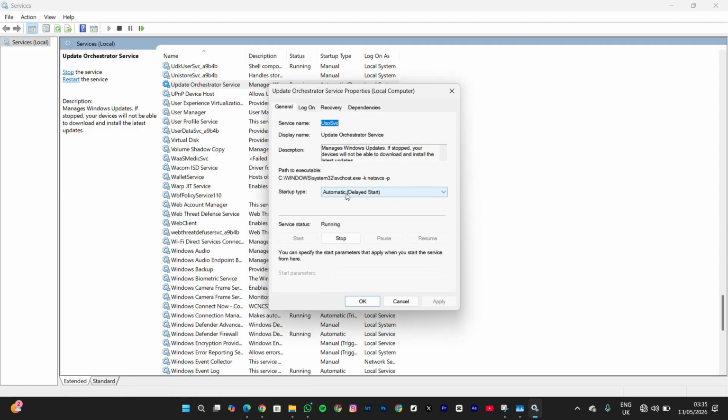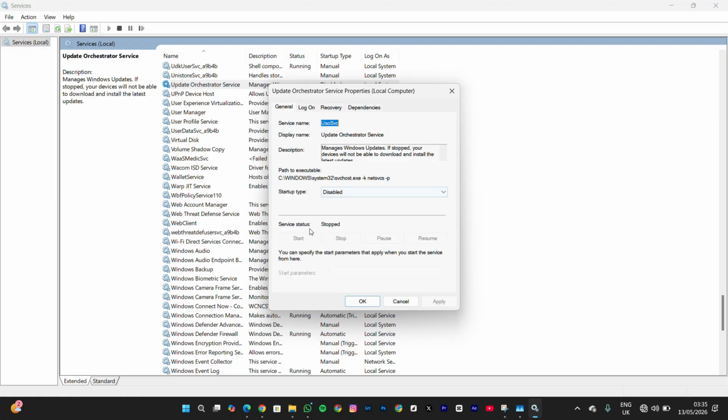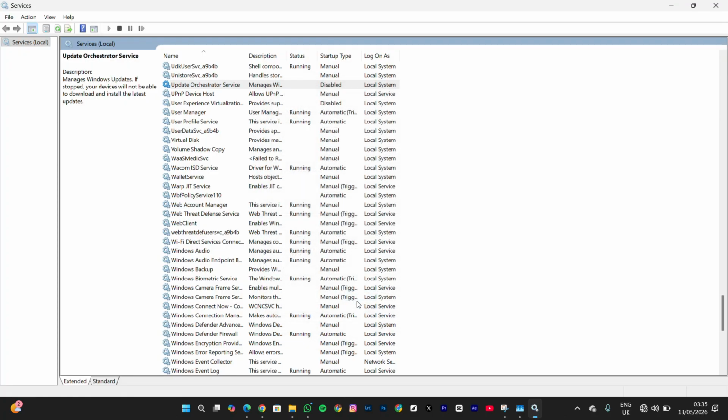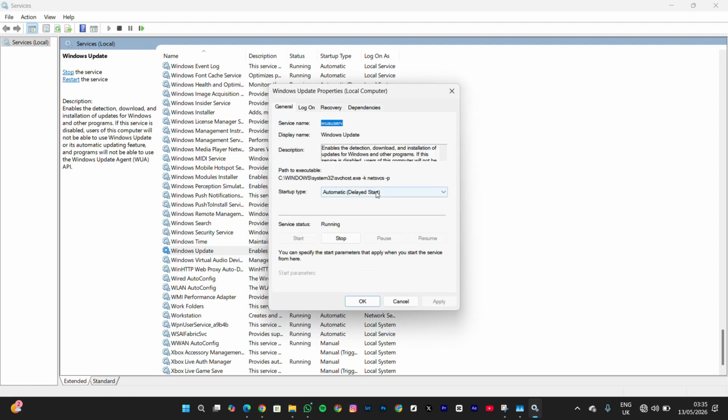What you have to do is to switch this startup type to disabled and click on stop. Once this is done, click on apply and OK. So you can see I've stopped this. You can open this again to check it is disabled and it is stopped. That's one. Now go ahead to your Windows Update, double tap on it again, and just click here on disabled